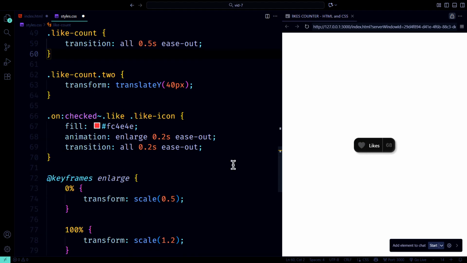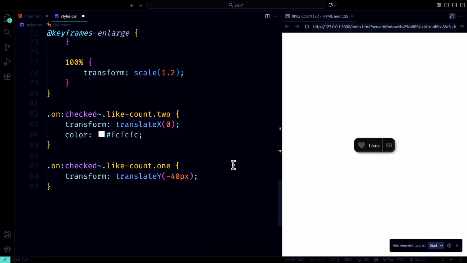This completes the setup of the component, and from here you could easily customize colors, sizes, or animations to fit